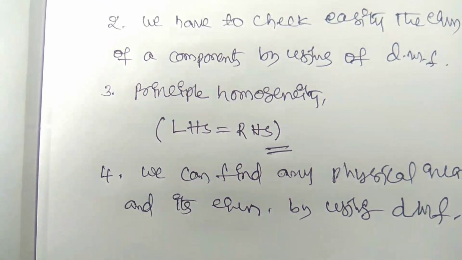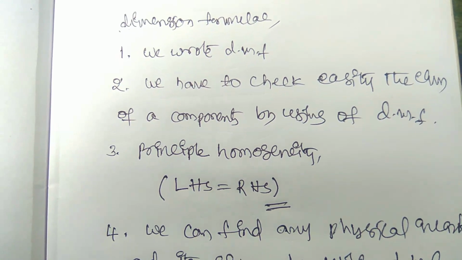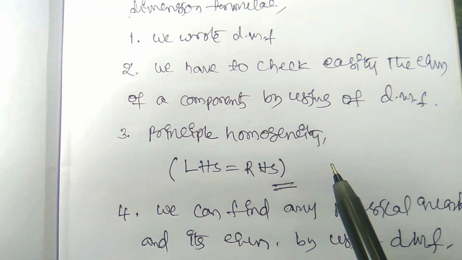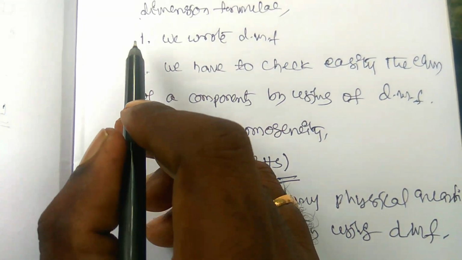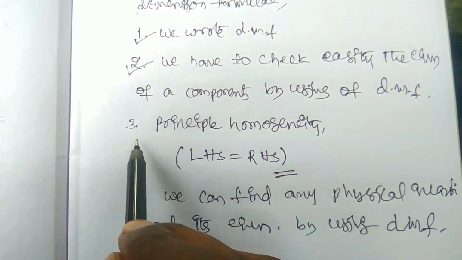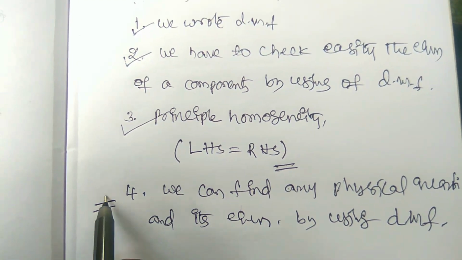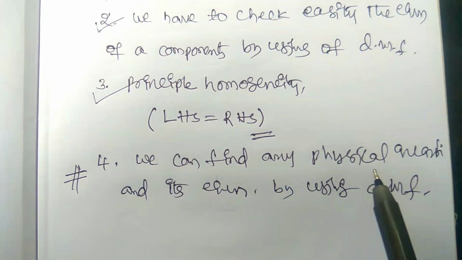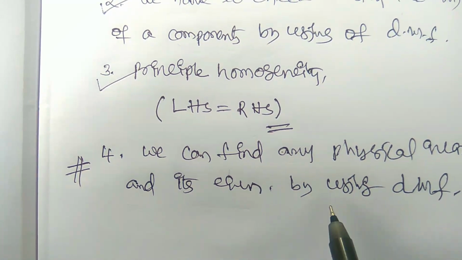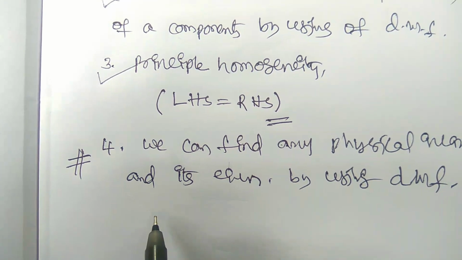Okay, so these are the applications we are doing by the dimensional formulas. So this was completed, and this was completed, and this was also completed. Now we are doing this one. We can find any physical quantity and its equation by using dimension formula,